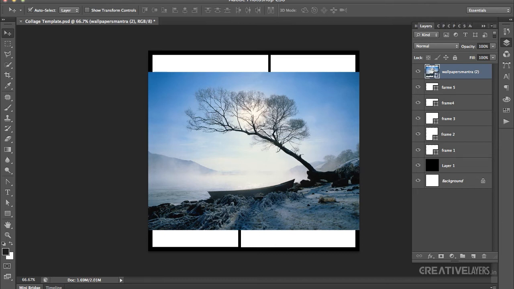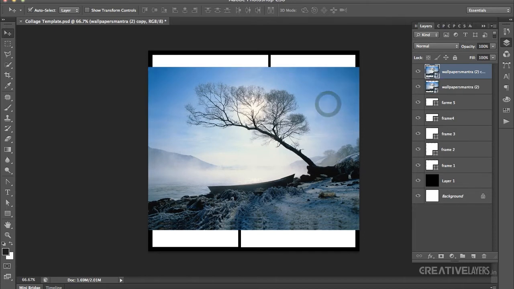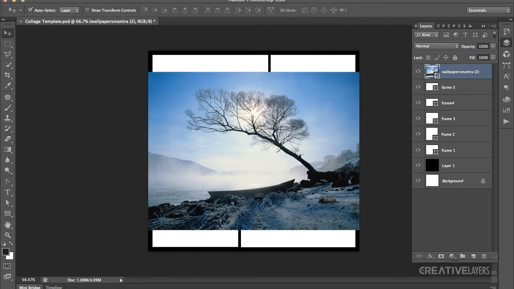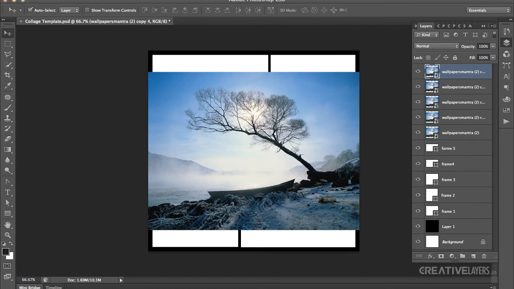In Photoshop, actually you have a lot of ways to duplicate this layer. There is one, duplicate the layer, that is Ctrl J or Command J. There's one shortcut, that is Alt. Just press Alt and left click. It's going to duplicate it. So here I will press Ctrl J or Command J 5 times as I have 5 boxes. So let's begin. 1, 2, 3, 4. Okay, I have 5 images.